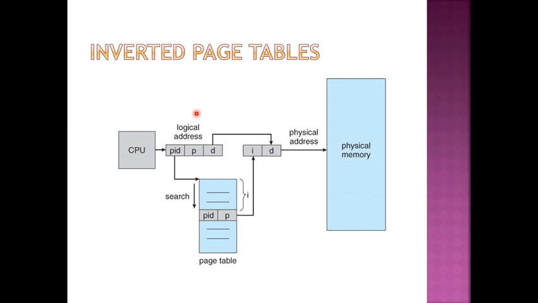So if you all want, I'll just revise this once again. So we have logical address which has to be converted to physical addresses. Logical address previously had just page number and offset, but now along with that I have PID, page number and offset. PID and page number is what I'll be matching. Wherever the match is found, whatever is the location, that will become your frame number. To that I'm adding the offset to get the physical address. I hope this is clear to everybody.